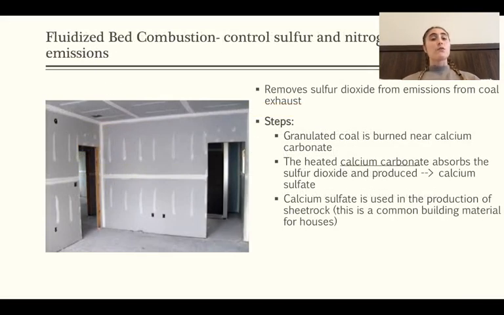Okay, so fluidized bed combustion. This is really going to control your sulfur dioxide emissions, predominantly from burning things like coal. In terms of the reality of implementing this, almost all coal burning power plants make use of this fluidized bed combustion. In fact, when we looked at that mega sized coal burning power plant in England, it was called